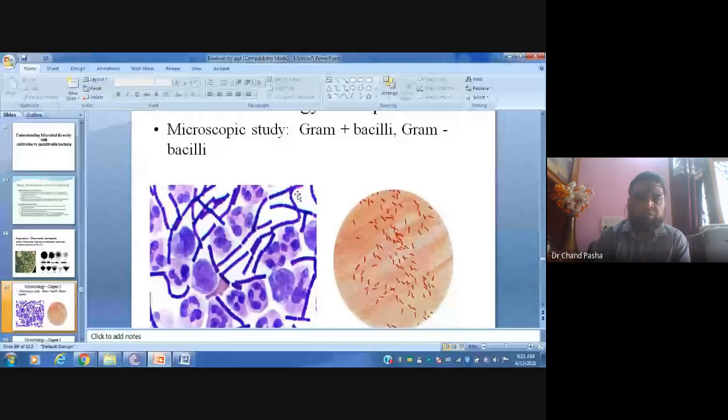So it could be because of sheath. And see, there are some polymorphonuclear cells. This is a blood stain. Blood has been stained in this case. So these are bacilli, basically gram positive bacilli in this case, and this is a gram negative. This is the morphology, a microscopic observation.